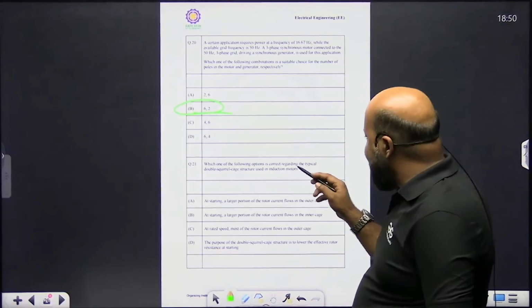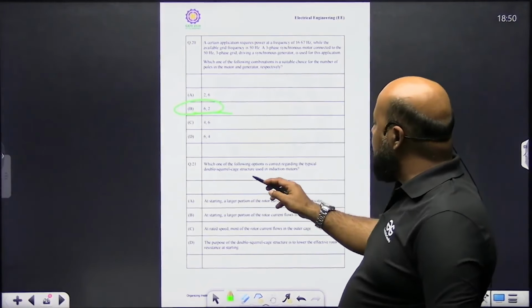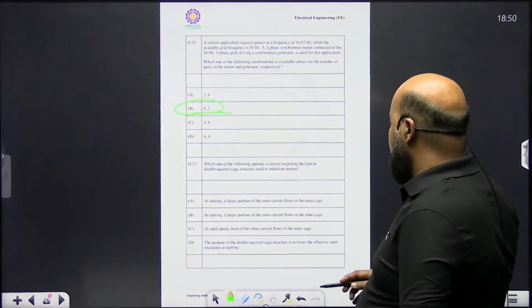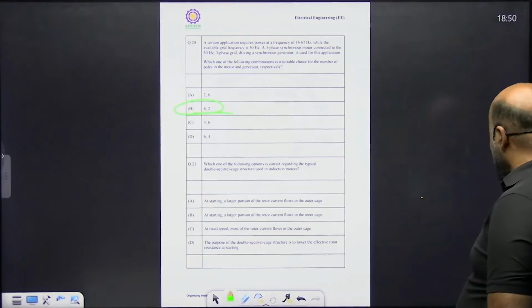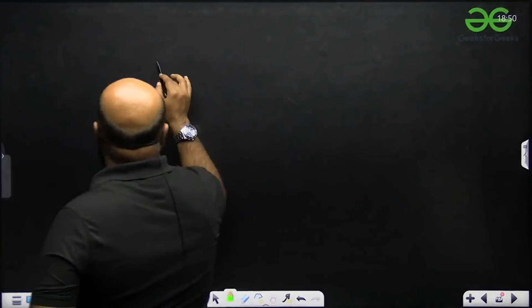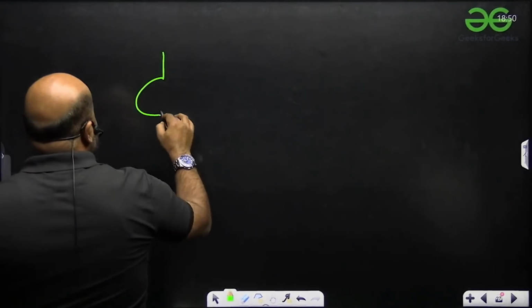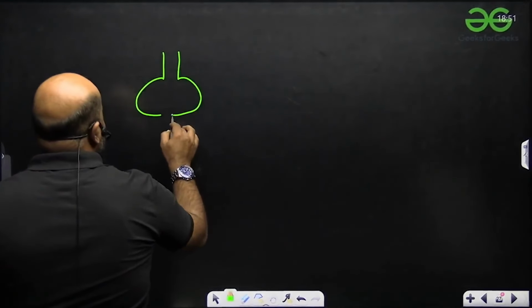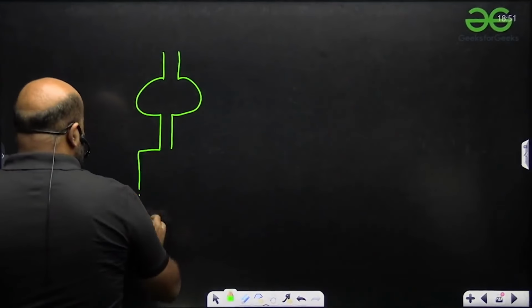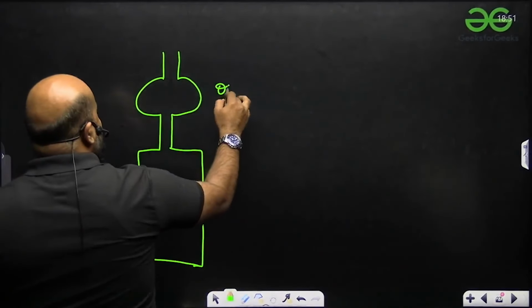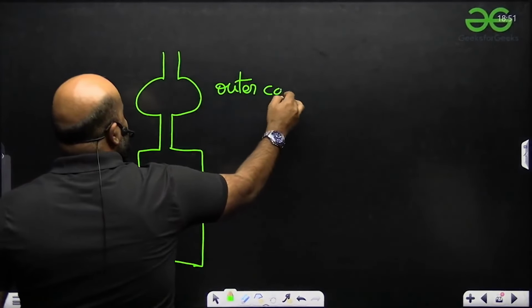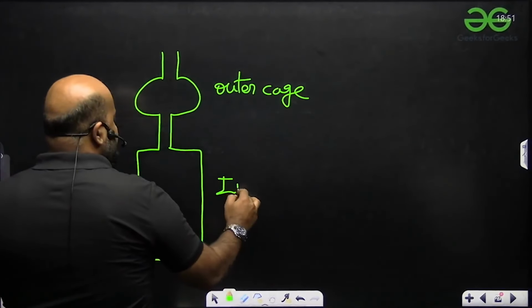अगला क्वेश्चन भी मशीन का है, पूछ रहा है विच वन ऑफ द फॉलोइंग ऑप्शन इज करेक्ट रिगार्डिंग द टिपिकल डबल स्क्विरल केज स्ट्रक्चर यूज्ड इन द इंडक्शन मोटर। अब जरा ध्यान से देखो, स्टार्टिंग करंट के बारे में पूछ रहा है। जो आपका डबल स्क्विरल केज रोटर है उसका स्ट्रक्चर कुछ इस तरीके का होता है, ठीक है। ये हो गया आपका आउटर केज और ये हो गया इनर केज।